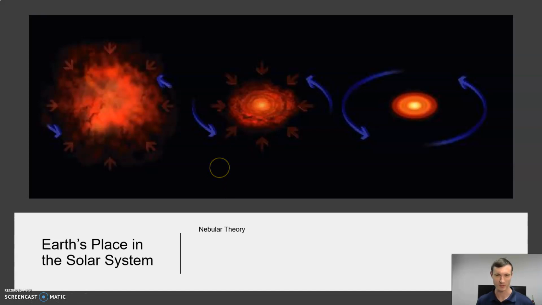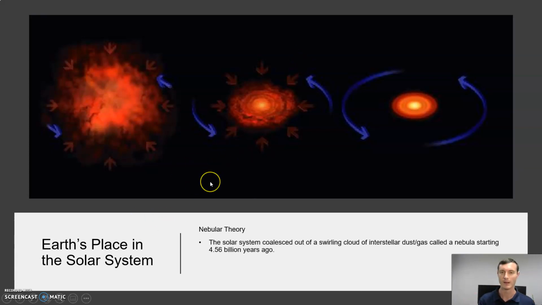So going way back, before there was a solar system or anything, there were these clouds of dispersed gas and dust, really peaceful things, not hurting anybody, not near a star. But over time, due to gravity, the gas and dust starts to coalesce, starts to come together, but it doesn't form like a ball. Instead, what it forms is this sort of disk shape, this spinning disk that we can see in the middle slide here. This is about 4.56 billion years ago, about the same age as Earth. Earth and the solar system are at the same age, please remember this.